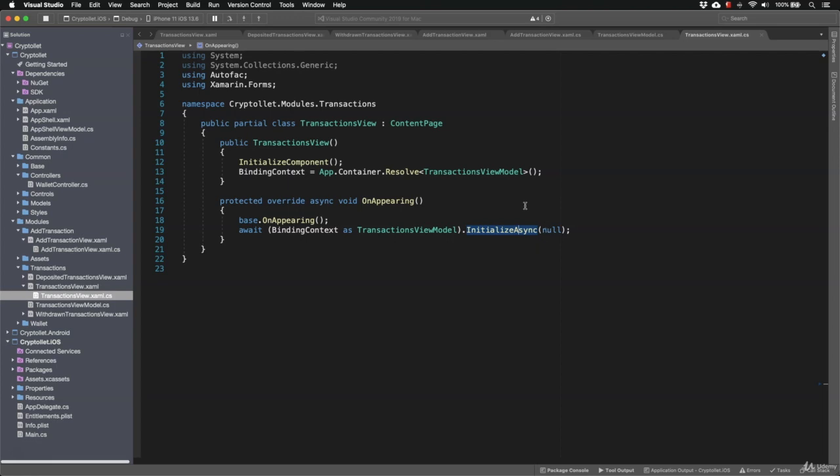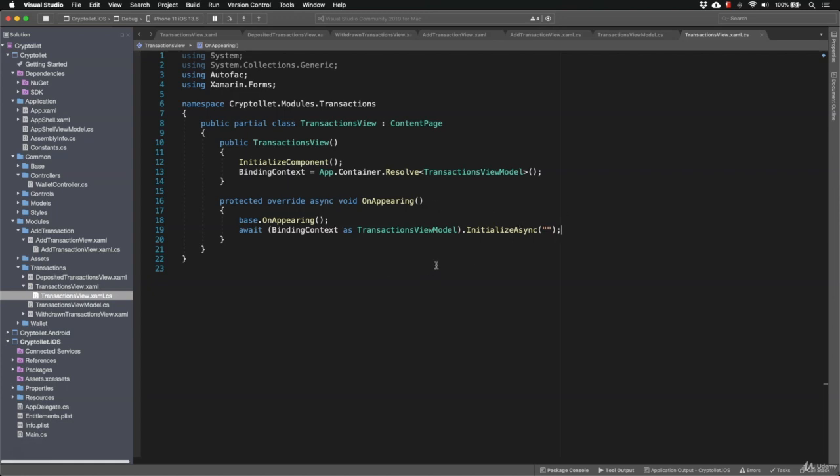And this parameter will determine the filter we are going to apply to the transactions we load from the wallet controller. In the transactions view, this filter will be empty string, meaning that we don't filter by